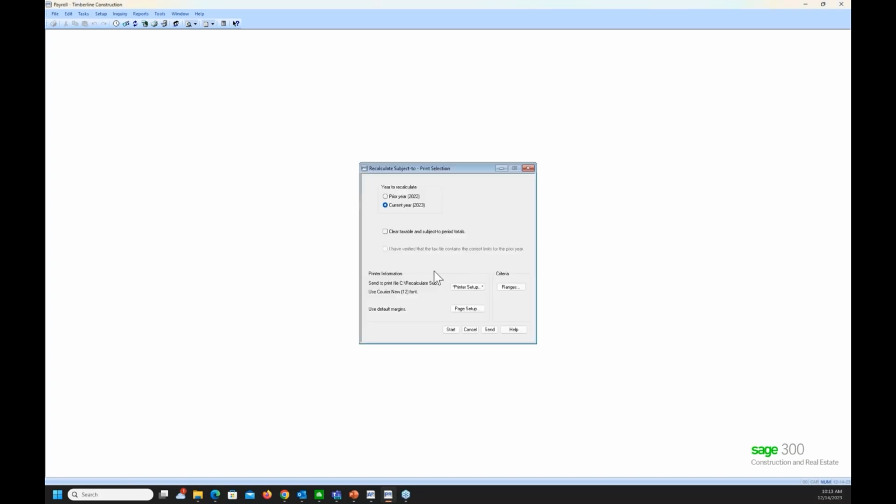Okay. And it's going to say, well, which year are you trying to recalculate it for? Prior year or current year, depending on where I'm at in my close year process in payroll. You would check this box, clear taxable and subject to period totals, and it'll go through and recalculate everything based on the checks for the year and re-update all those totals on the employee record so that now